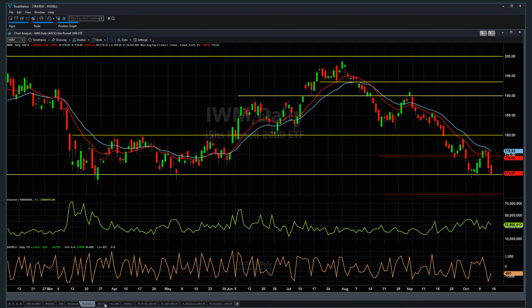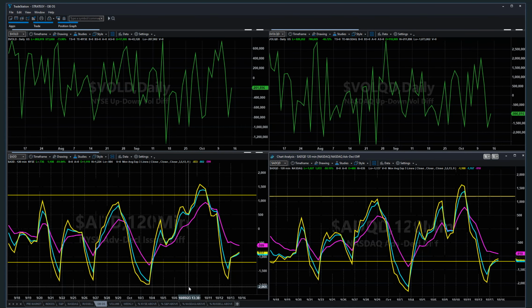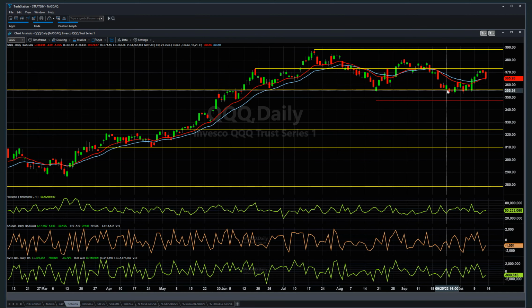Now, as we look at where we are in terms of overbought and oversold, we were oversold yesterday, and you can see we bounced off of that today, had a little bit stronger internal strength in today's market, really just slightly oversold in the NASDAQ. It's interesting to see in the NASDAQ that it is holding up from a price perspective as well, and I think that has to be attributed to some of the higher weighted stocks that are holding up better